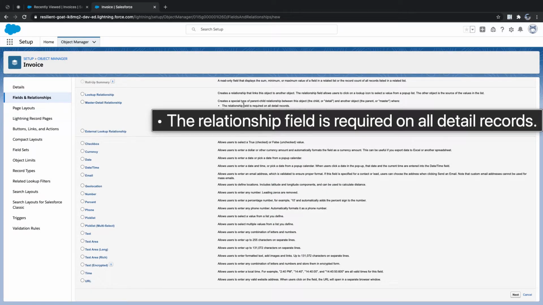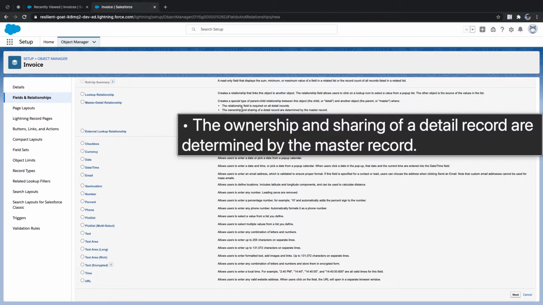The relationship field is required on all detail records. The ownership and the sharing of the record are determined by the master. I mean, there will be no separate owner for the child records. It will always be the parent record.